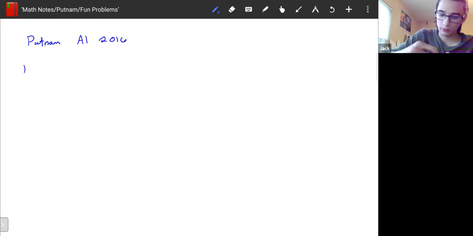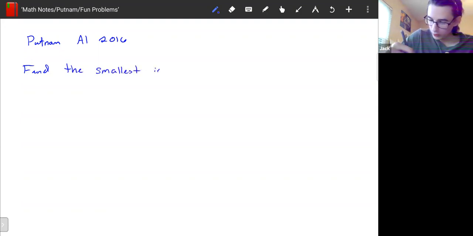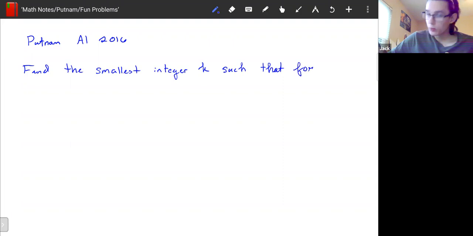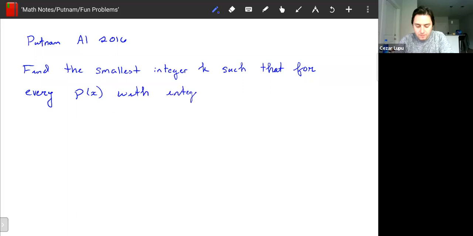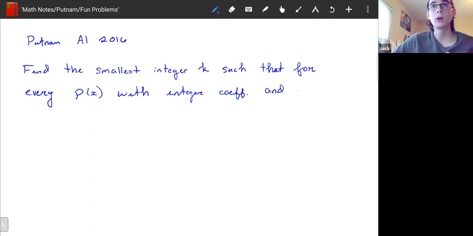And what we're supposed to do is find the smallest integer k such that for every single polynomial p of x with integer coefficients, and every single integer j, where you're supposed such that the kth derivative of p evaluated at j